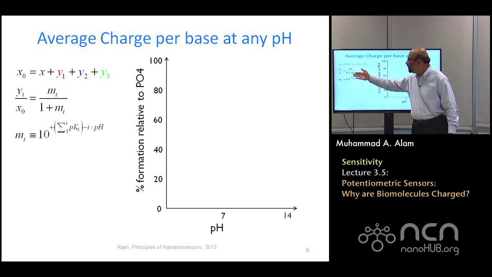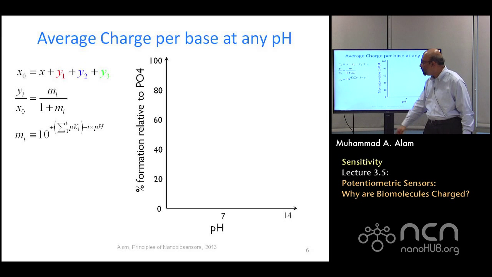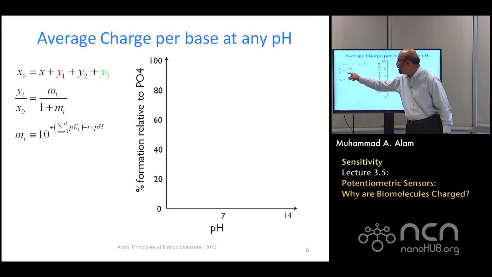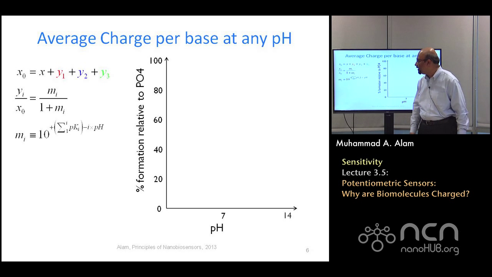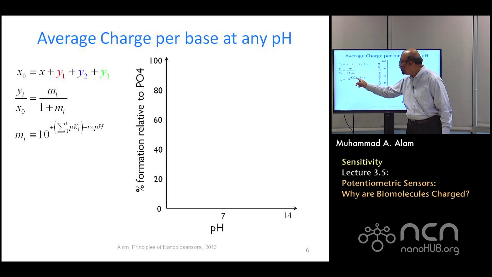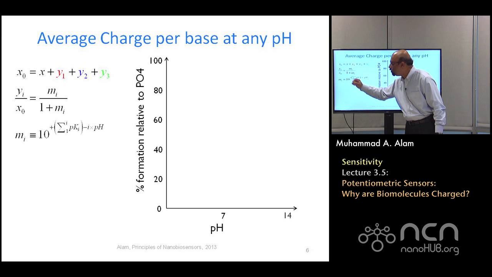You can solve from the previous equation to see that the value of M, which is just by definition, can be obtained if you know the pK values associated with the dissociation constants for Y1, Y2, and Y3. For example, if it is M2 that you are looking for, you want to know how many Y2s you have in the solution, all you have to do is add pK1 and pK2, just these two terms, not all three. And then that will be 2 multiplied by the pH value of the solution. Once you put it in, you will get M2. And you can see how you do 3 or how you do 1.